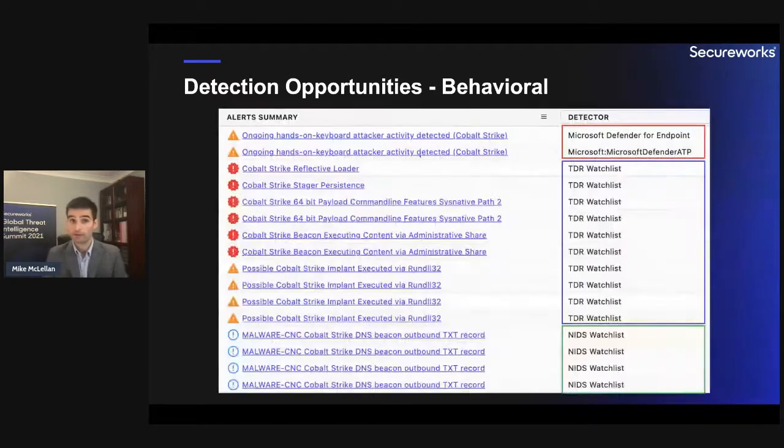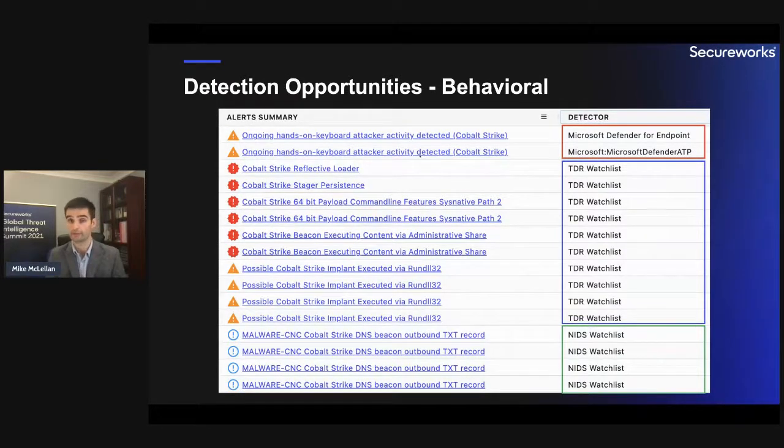And one of the great things about the Taegis platform is it allows us to bring together those countermeasures into a single view. So as a customer, you can see how your controls are performing both at the network and host level. So this is an example of just some of the alerts from the last few days for Cobalt Strike across our entire customer base. And even here, you can see a mixture of third-party, so Microsoft Defender detections, a TDR watch list, which is our intelligence and our logic applied to the streaming telemetry, whether that's from host agent or elsewhere. And then NIDS watch list, which in this case I think are Cisco firewalls that are detecting the Cobalt Strike